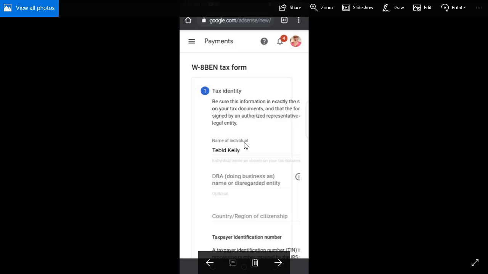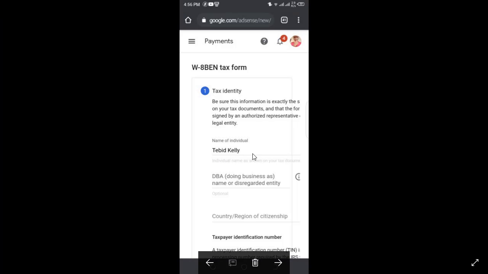So you check that, and on the next screen you're going to see the W-8BEN tax form. Make sure you write your name. Right here you see name of individual, you write the name, and then doing business as, if you represent someone in a business, or if you have a business name, or maybe if you're an entrepreneur or a manager or something like that, you enter who you are doing business as in this form. Though it is optional, you can just leave it empty. For me, I leave it empty.